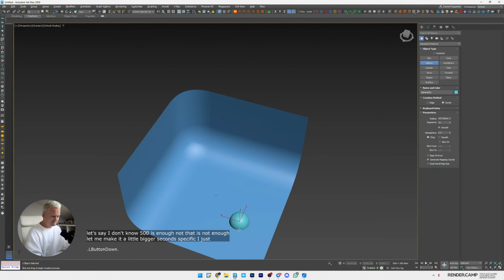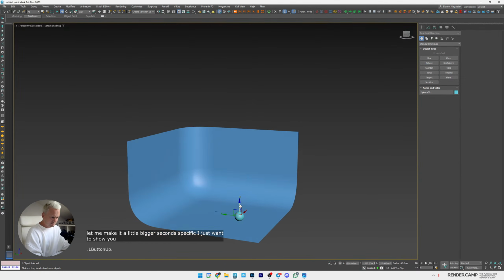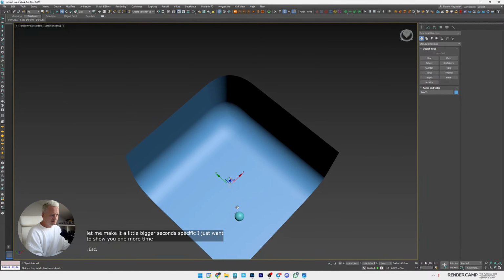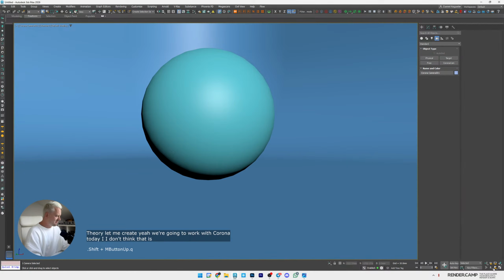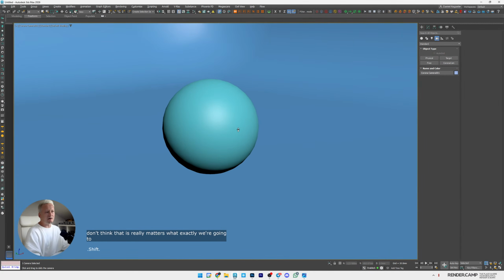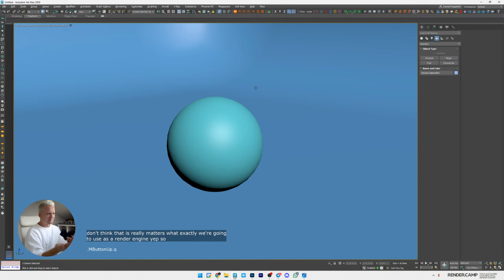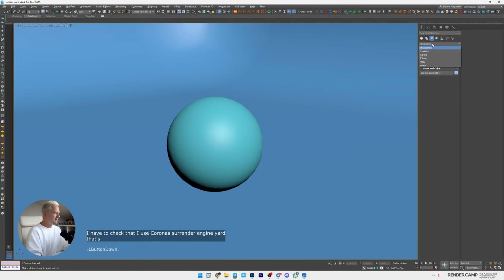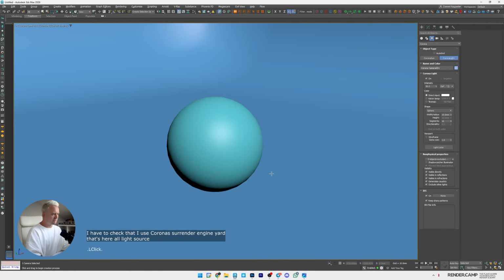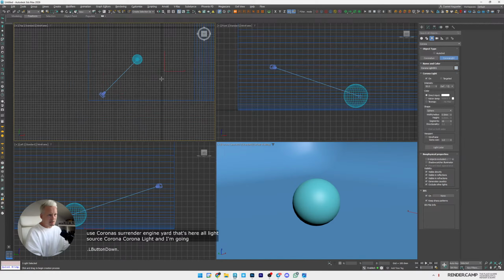I just want to show you one more time the foundation of the light and shadow composition theory. Yeah, we're going to work with Corona today. I don't think it really matters what exactly we use as a render engine. So that is just a simple background, a simple object in the middle. Of course, I need some light source. I have to check that I use Corona as a render engine. Yeah, that's here. Light source, Corona, Corona light, and I'm going to create some